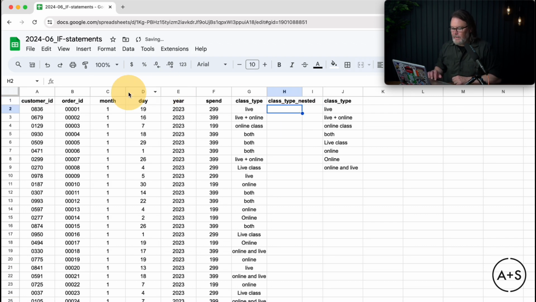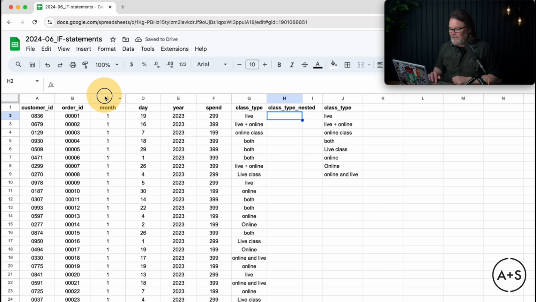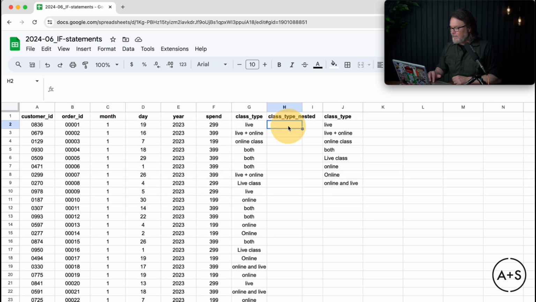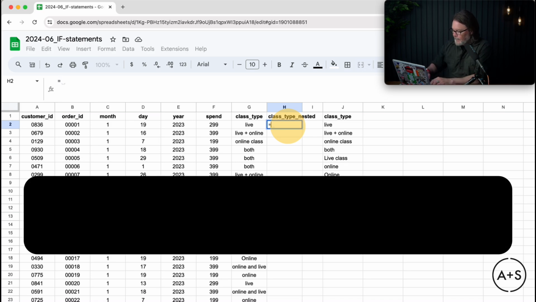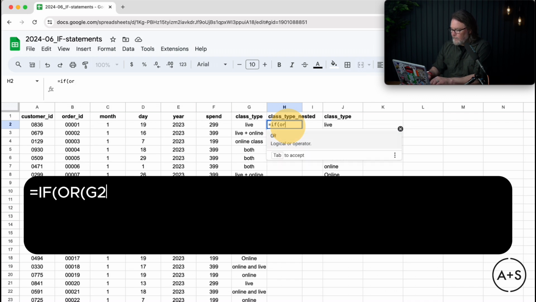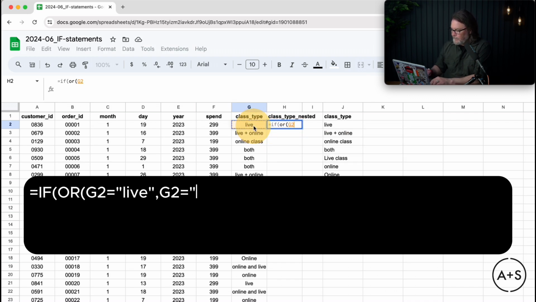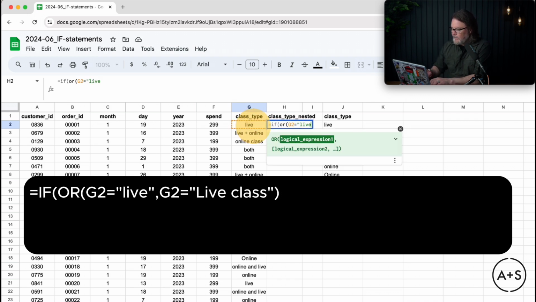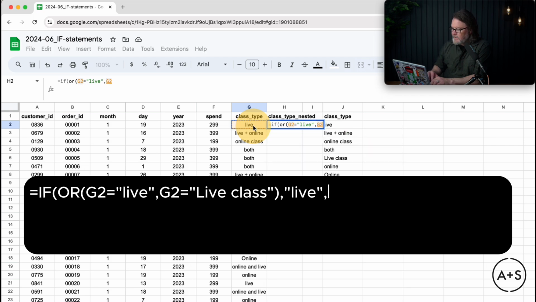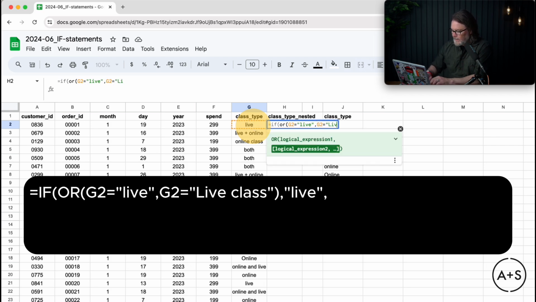Now this is a pretty large formula, so I'm going to expand the size of my formula bar just so we can fit it all in. What I'm going to do is use a combination of IFs and ORs, but then put them inside of one another, as you will see. So to start, IF OR G2 equals "live was one designation," or if G2 equals "live class," close the parentheses, go ahead and return for me